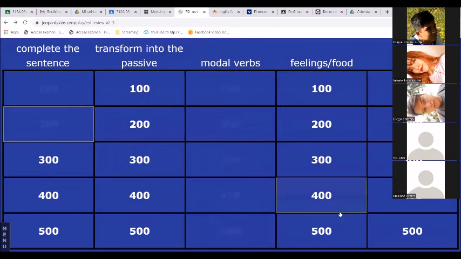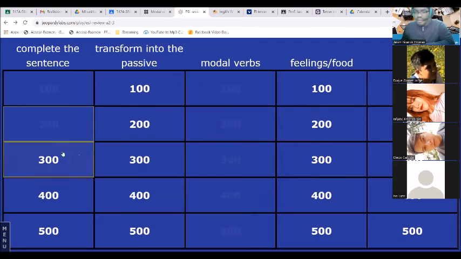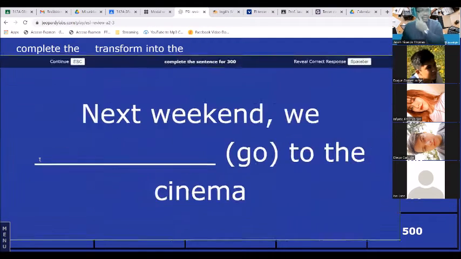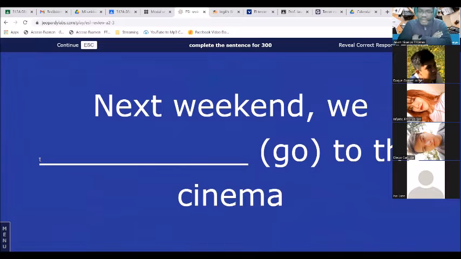All right, let's continue with Diego. Next weekend, your verb is go. Next weekend we will go to the cinema.